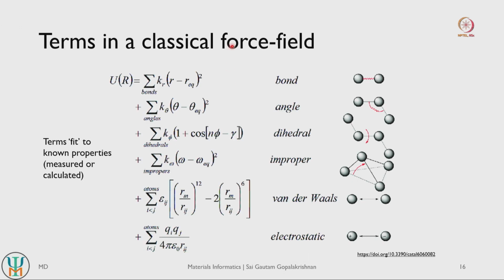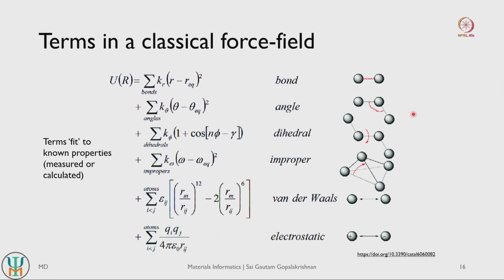Okay, so what are some of the typical terms in a classical force field? You can have a whole bunch of terms that look like this. For example, if you want to model a bond, something like a harmonic oscillator or a simple spring linking two atoms, a simple vibrational model, you can say this is k times (r minus r equilibrium) squared, similar to x squared. So k is your spring constant in some sense. So you can model bonds like this.